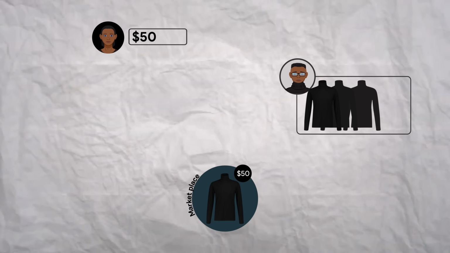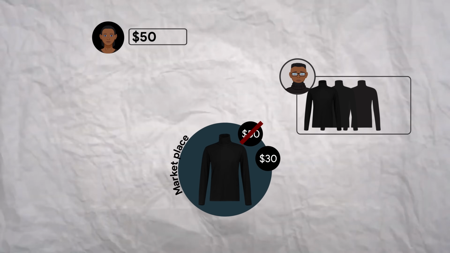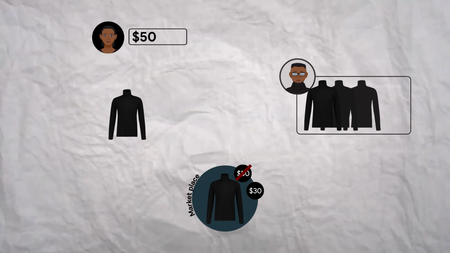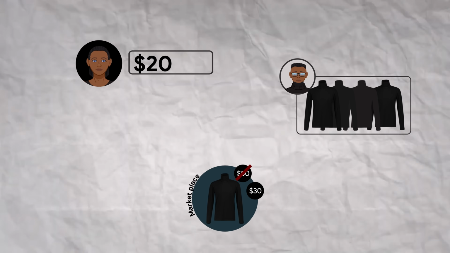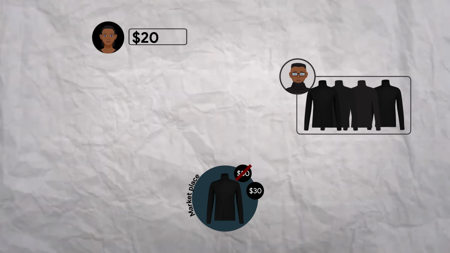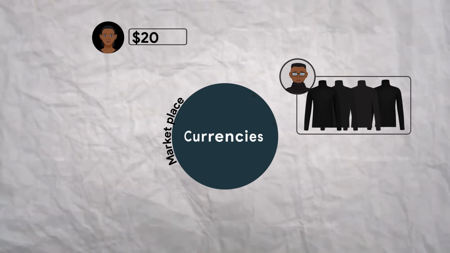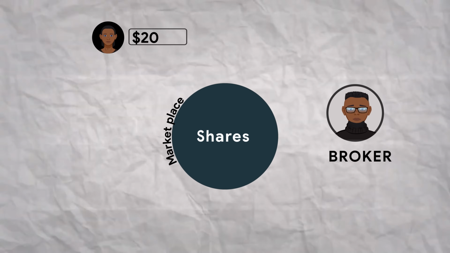Then you wait for a bit. Let's say the price of turtlenecks drops in the city, it drops to like $30. With the $50 you have in hand, you can buy a new one and the same one and return it to your friend like nothing happened. Meanwhile, you've made $20 in profit. This is exactly what happens with the Forex and stock market, except you swap turtlenecks for currencies or shares and things like that, commodities, and you swap your friend for the broker who lends you that unit of currency. Do you get it now?